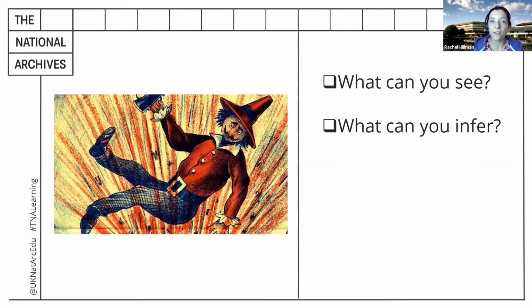In the background, there are some brightly coloured lines, perhaps suggesting fire or some kind of explosion. This would explain the mid-air pose that the figure has taken. Okay,